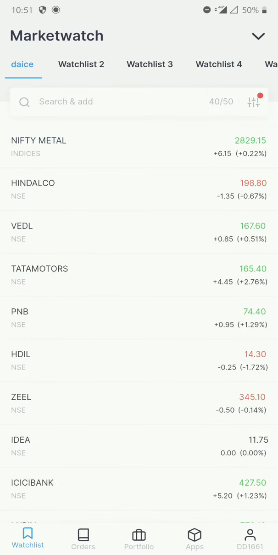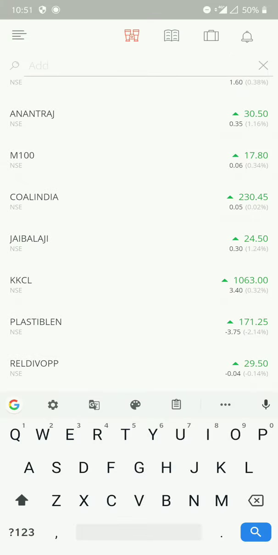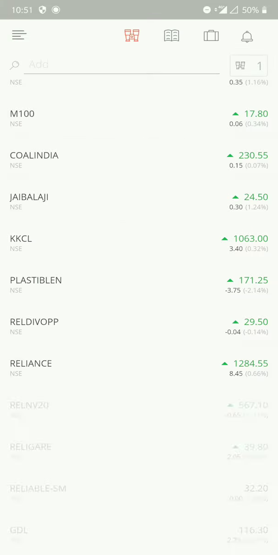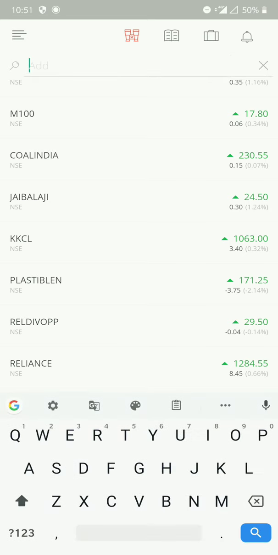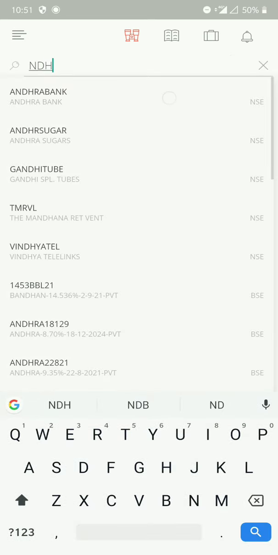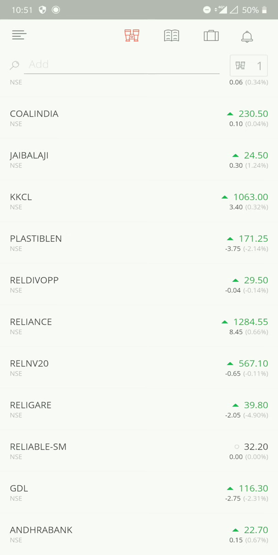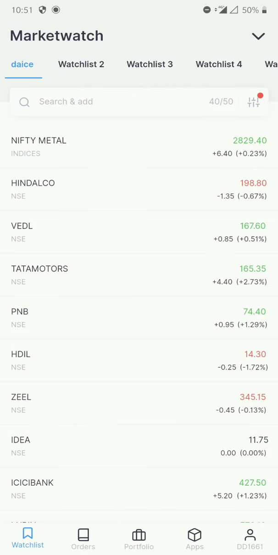Now those got added, 40 stocks, but in the previous case I had to, let's say, click like this again, type, go back, click on this. So like this we had to add. So that is one good option. It's saving some time over there and you can do multiple tasks over there.